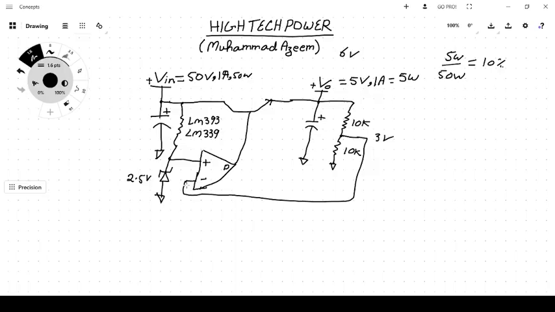Because 3 volt is at higher magnitude as compared to 2.5 volt, which is supplied to the positive input terminal, the output of the comparator would swing fully to 0 volt. So here would be the 0 volt, and due to 0 volt the base emitter junction would be reverse biased,